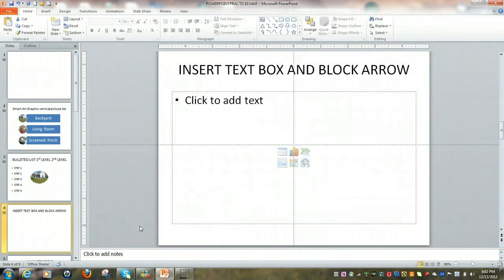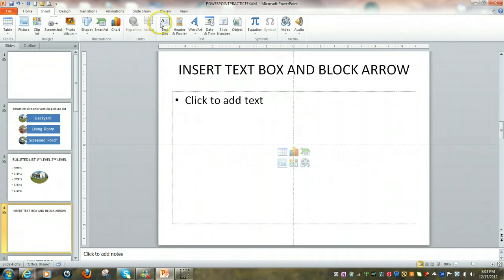Okay, next we're going to go to slide number 4. Then we're going to look at inserting a text box and a block arrow. Let's start off with a text box first. Click on the Insert tab. Come over here to Text Box. Click on it. But what I want you to be looking at is the horizontal ruler. A lot of students have trouble placing where that text box is going to go. You see, as I'm moving along,